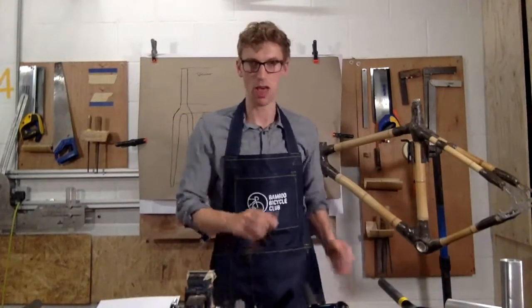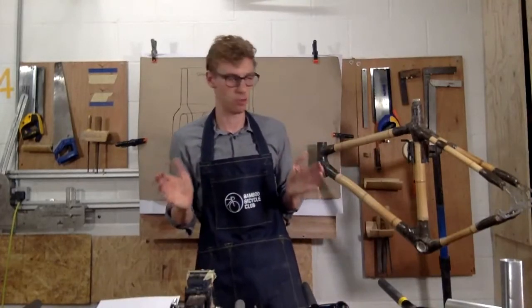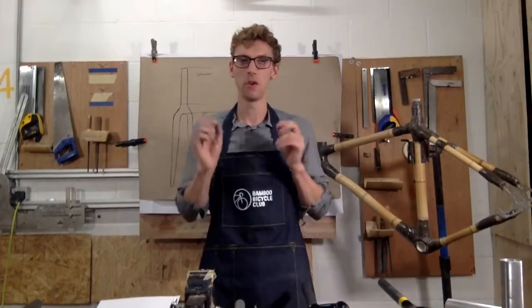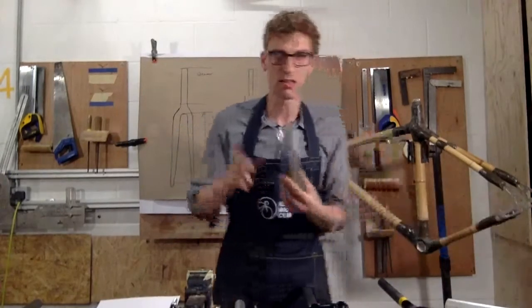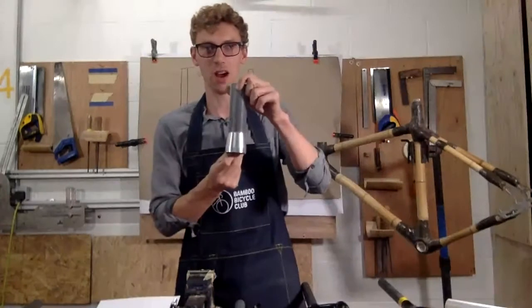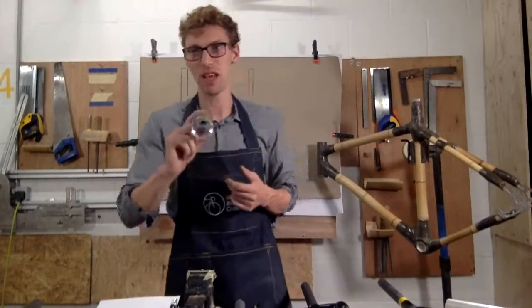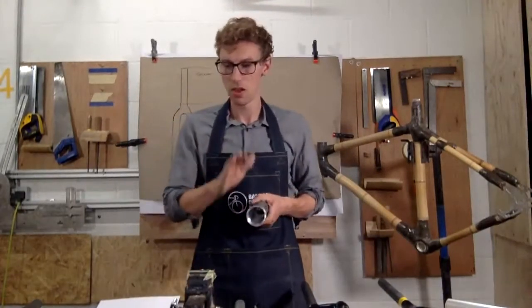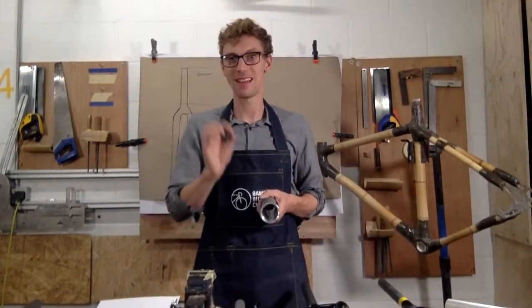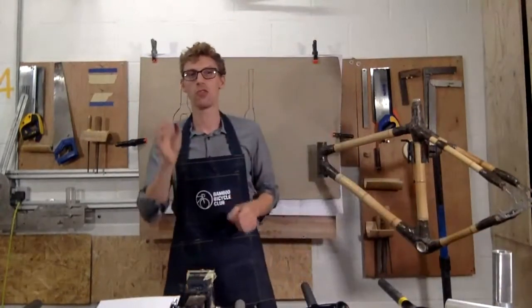So this wider one, and that's basically 95% of mountain bike forks will be tapered. So if you're building a mountain bike, you want a tapered fork, and we offer a tapered steerer, so that comes with our frame build kit, so that makes it really compatible with all mountain bike forks. So yes, if you're building a mountain bike, you need a tapered fork and you'll need a tapered